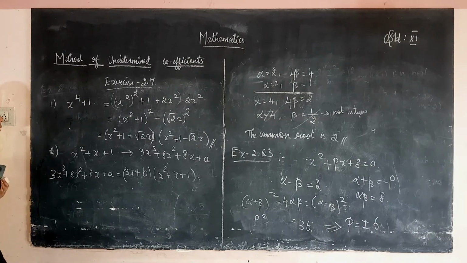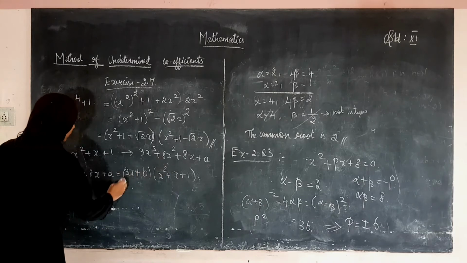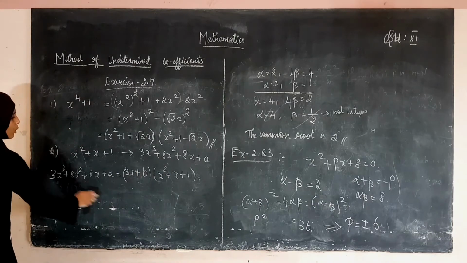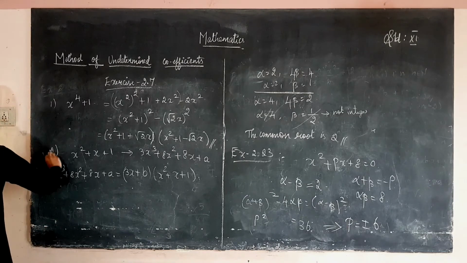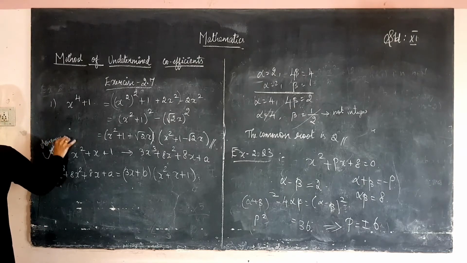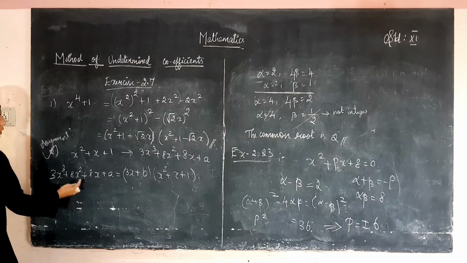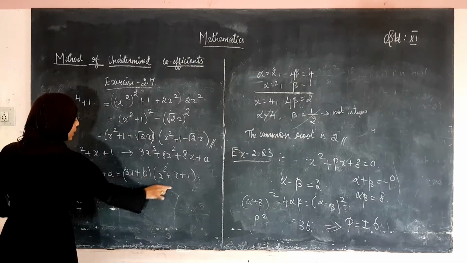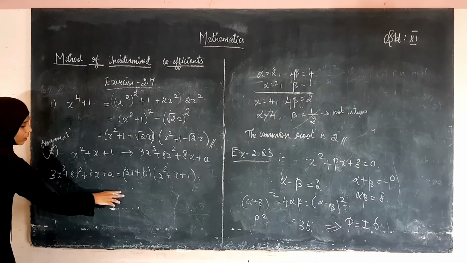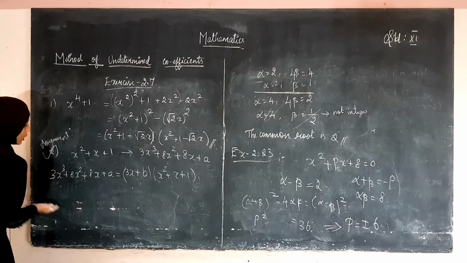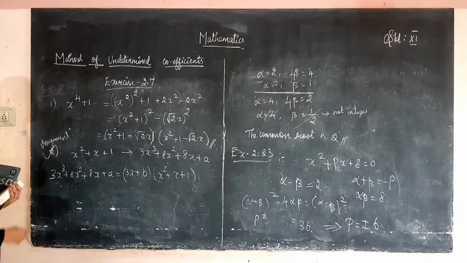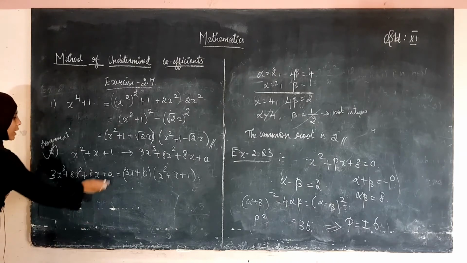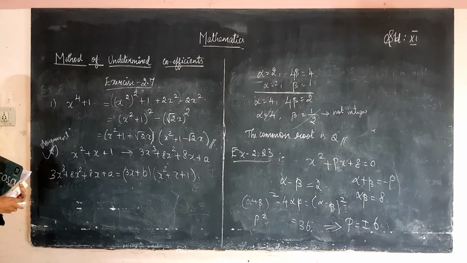Okay. Now what you have to do? You have to multiply all these terms and equate all the coefficients. So this is the assignment. I have given the hint. This is how you have to proceed. Then you have to multiply this, and you will be getting some set of factorized polynomial. So in both the right hand side and left hand side, equate the coefficients of each and every term. You will be arriving at the value of a. Okay.